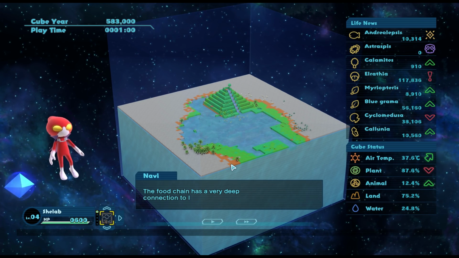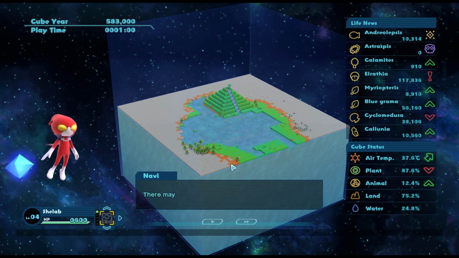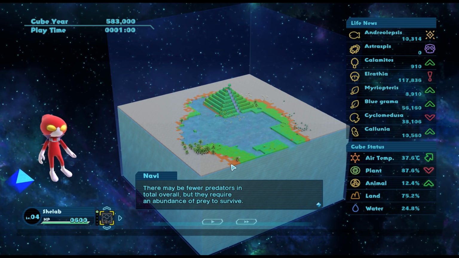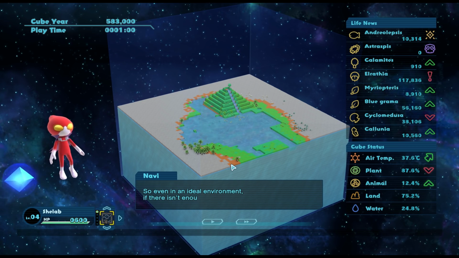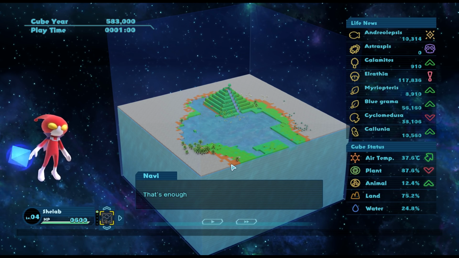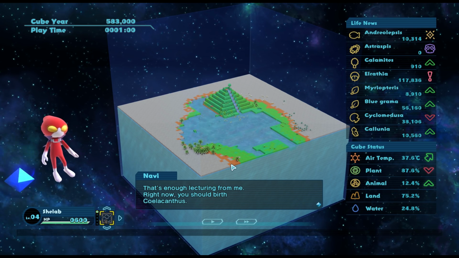Okay, that's cool. The food chain has a very deep connection to life. There may be fewer predators in total overall, but they require an abundance of prey to survive. So even in an ideal environment, if there isn't enough prey, a new species may not be birthed. That's enough lecturing from me. Right now you should birth